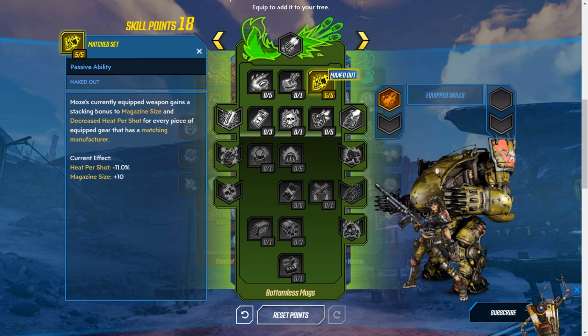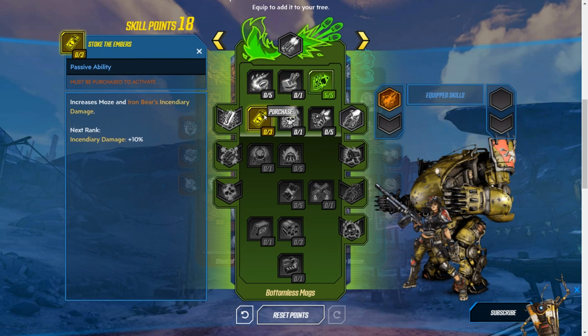Okay, what does it stack up to? Okay, so minus 11 heat, plus 10 shots. Okay. Next, Stoke the Embers, which is a passive ability. Moze and her Iron Bear have fire damage. Okay. Redistribution. After Moze scores a critical hit, she regains ammo for a few seconds. Next, we have Scrappy. While moving, Moze's handling